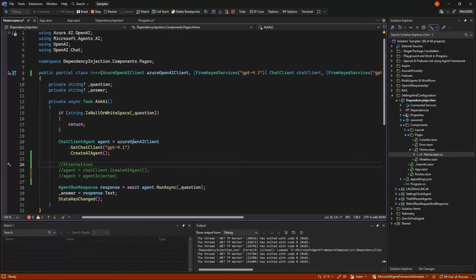But my main problem is that I would need to set up for each agent the different ones. And often I have that it's either on the GUI or in some kind of configuration what agent I'm using. So the users have some settings saying, I want to use ChatGPT 5 here, I want to use ChatGPT 4.1 here, and so on. So I don't find it flexible enough to do it like this.